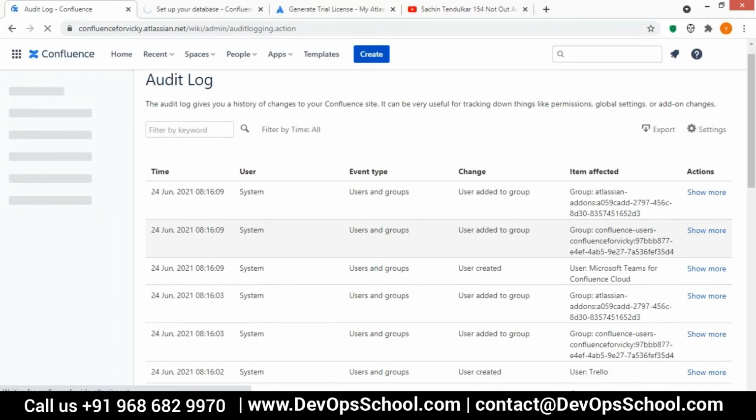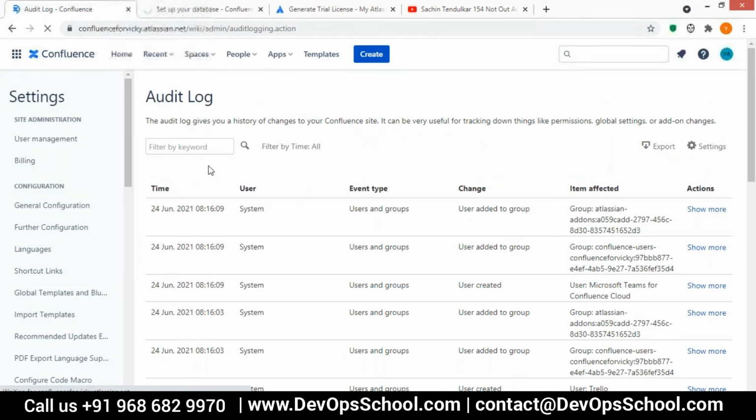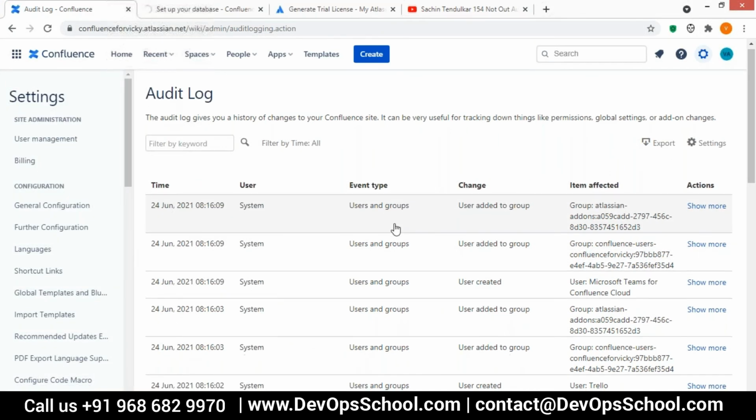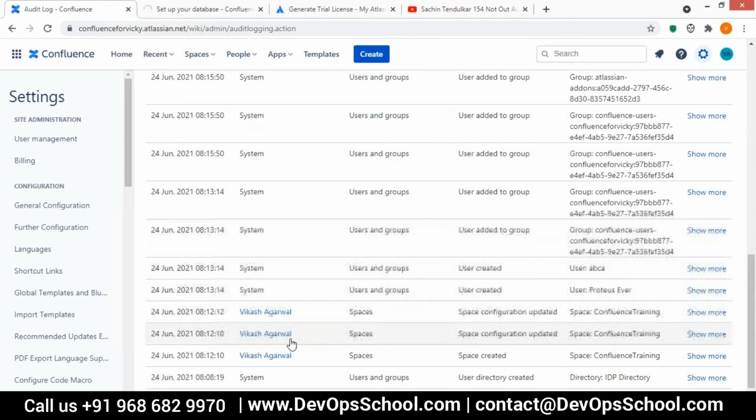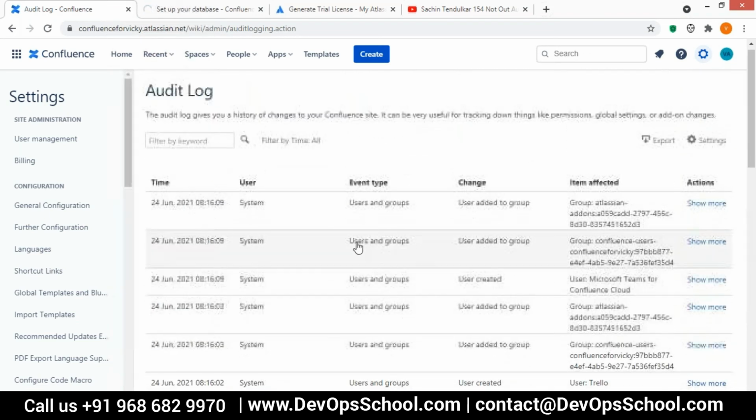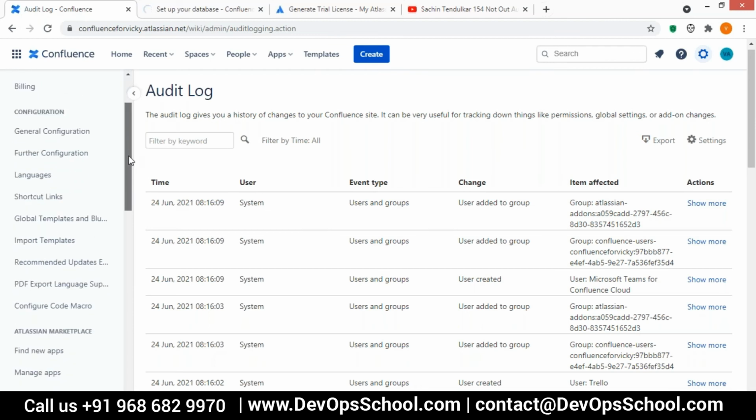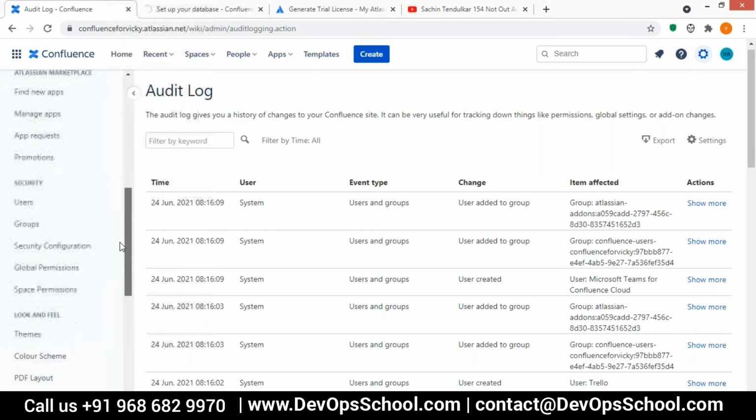Can you see this? Right now this is the log showing what has been going on since we started. We started today, so that's why we are able to see today's date and the entire audit log. You can also export this log if you want and use it for analysis purposes, in case something is wrong or malicious is happening, or someone who is not supposed to do that is trying to.